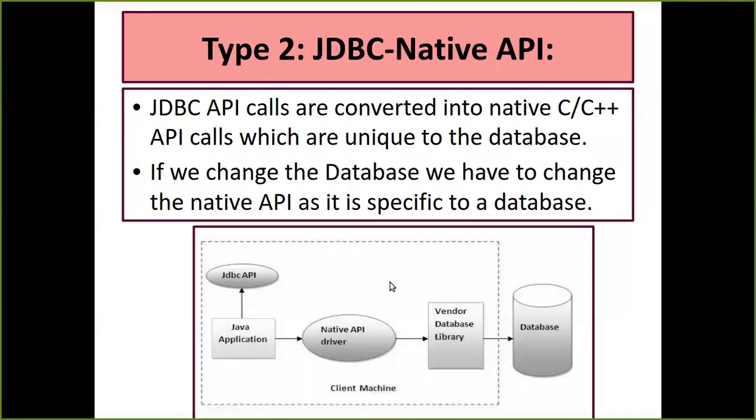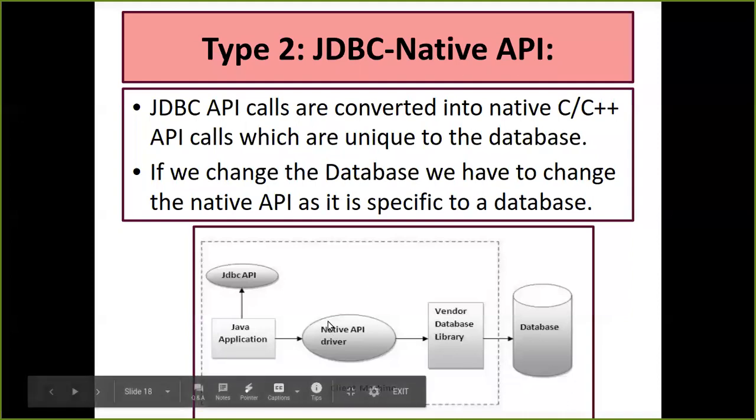In type 1, we had a JDBC-ODBC bridge driver and the ODBC driver, which I want to remove, and then I can use type 2, where I have an option called the native API driver. It is like you are using a language like C++ which supports that specific database. One condition you have to remember: if the database changes, your native API also changes. If I'm using C++ and my database only works for C++, then if I change the database, I have to change the language also. So this is your type 2, JDBC native API.